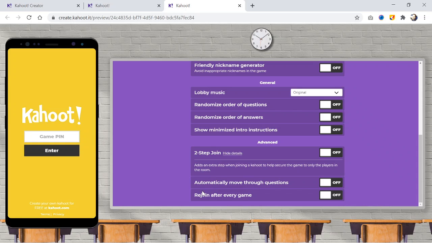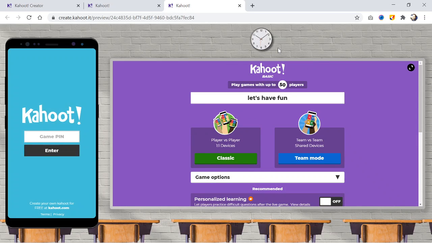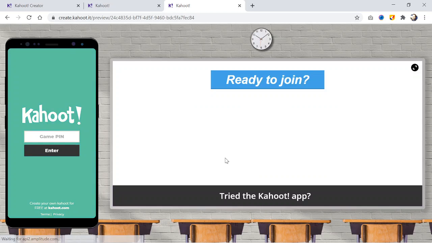You can allow your players to move through questions automatically and allow them to rejoin the game after every round. If you are done with all these, select the mode of the game. I will prefer to go for classic mode as one-on-one device to play this game.